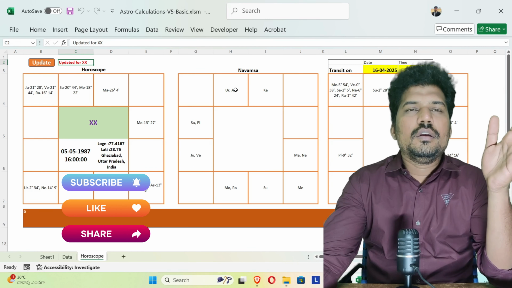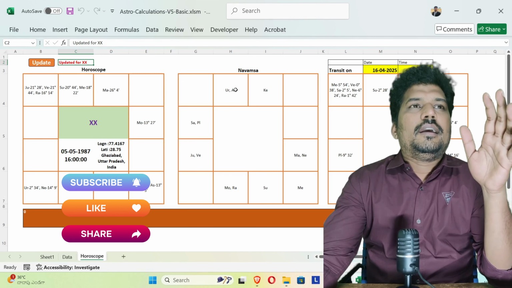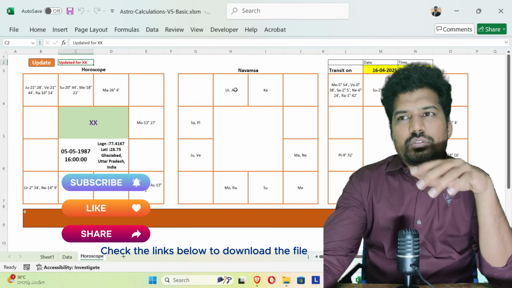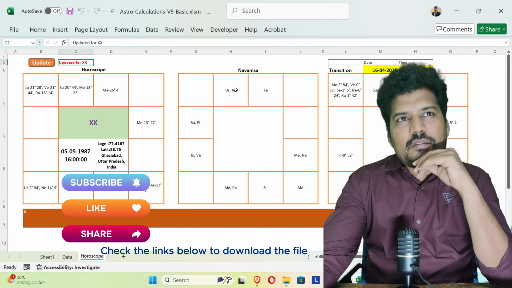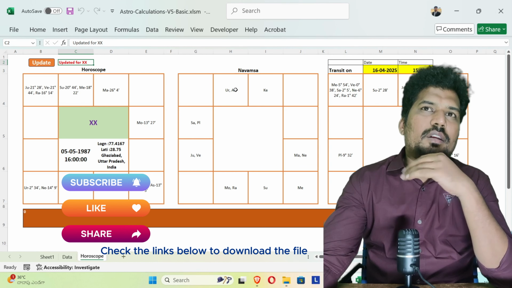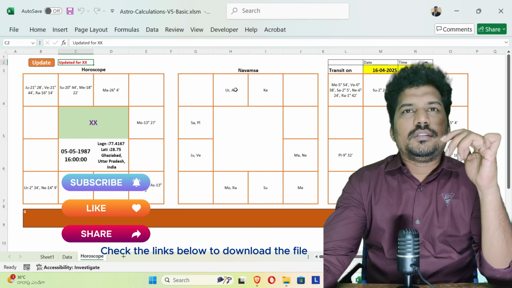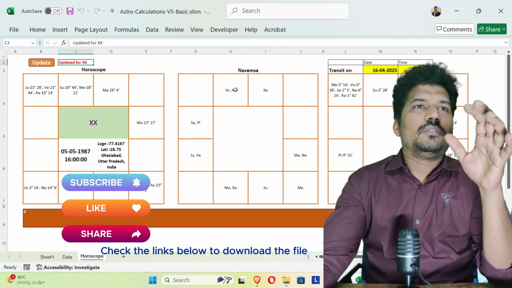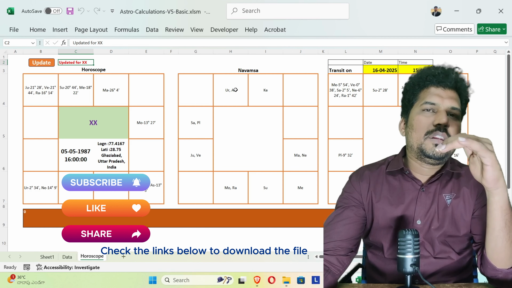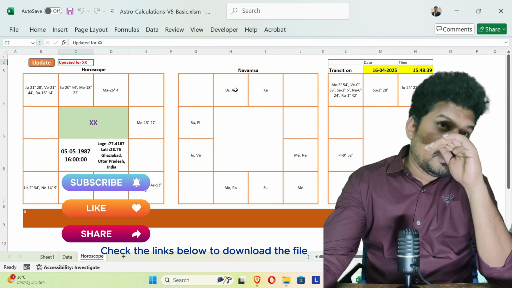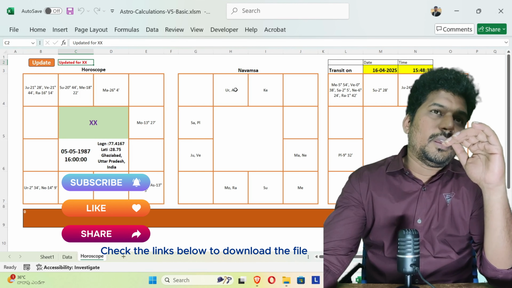Because of that, I am working on Microsoft Excel. We'll see. In future, maybe I will try to work on OpenOffice or LibreOffice also. But as of now, I just want to work on this and make it a better one. You should get everything you get in the astrology software. That's what I'm going to upgrade.